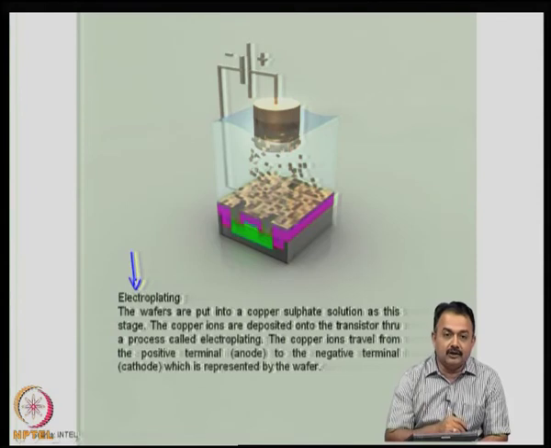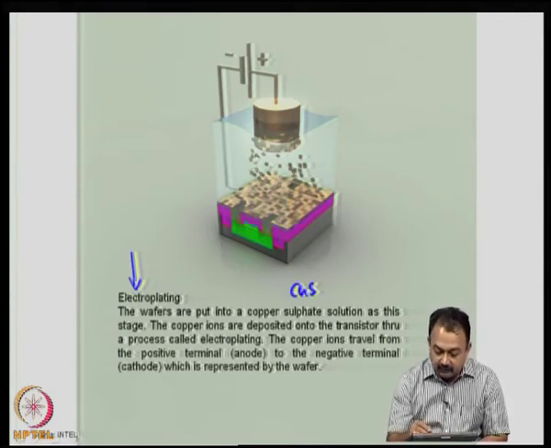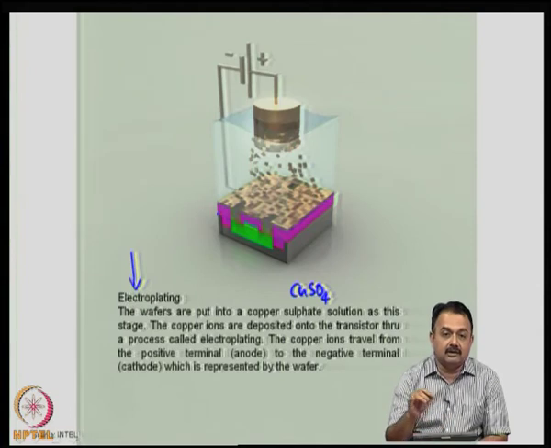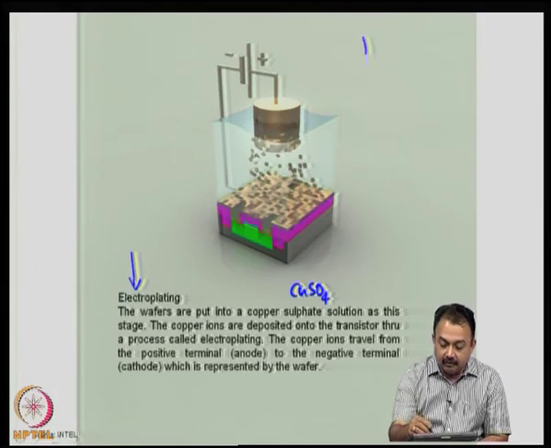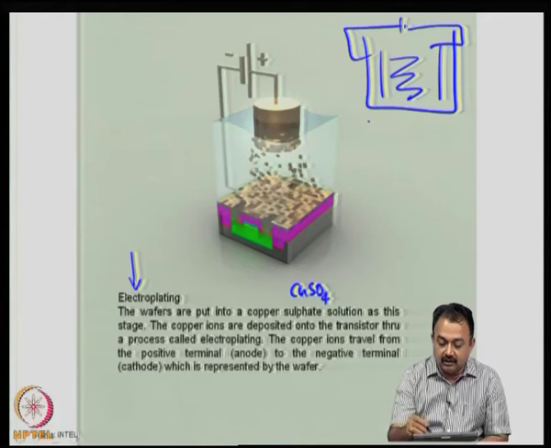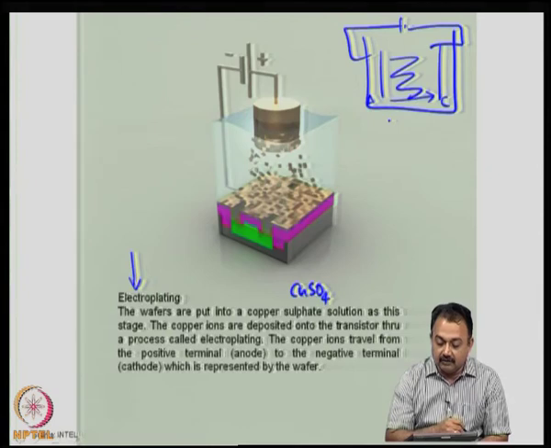So, in this case, since we are using copper, we can take copper sulphate solution at this stage, and the copper ions are deposited onto the transistor areas, that is the terminals here representing the 3 holes of the transistors, and this will nicely deposit a required thickness. So, the basic setup is anode, cathode, then you have the electrolyte, and then you have the external DC connection, as you know. So, from the anode to the cathode, there will be an ion transportation which will deposit on the cathode.